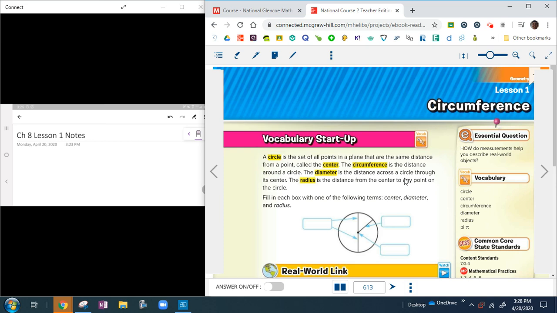So we should have our textbooks open to page 613, and we're going to look at our first lesson in chapter 8 on circumference. Hopefully you enjoyed the video. Maybe it sounded a little elementary, but it was important to review the different parts of a circle. All right, now we're going to focus in on circumference, but first we'll talk a little bit more about the